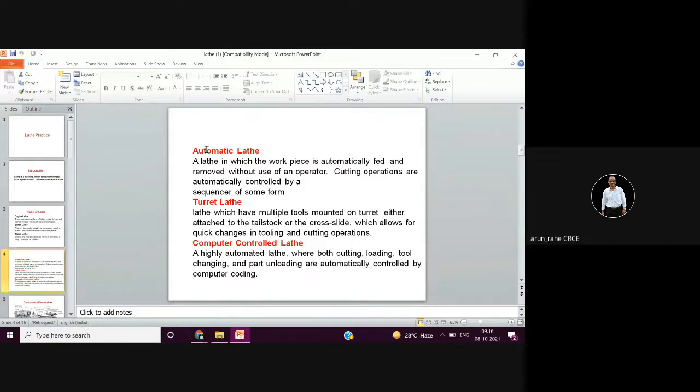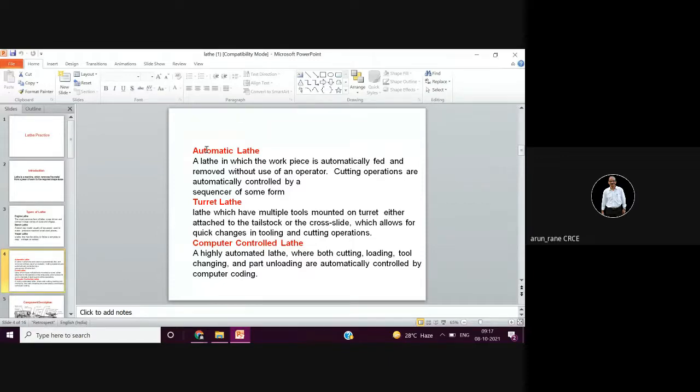Then turret lathe. Turret lathe is a kind of lathe only, but there is a turret instead of a tool post. I mean, you have front tool post, you have rear tool post in case of turret lathe, and instead of tailstock, you have a turret. On the turret, you can mount six tools, and that's why it is called a hexagonal turret. Generally, a turret lathe will have 14 tools, unlike our normal lathe. A normal lathe may at the most have four tools if you are using a four-way tool post.